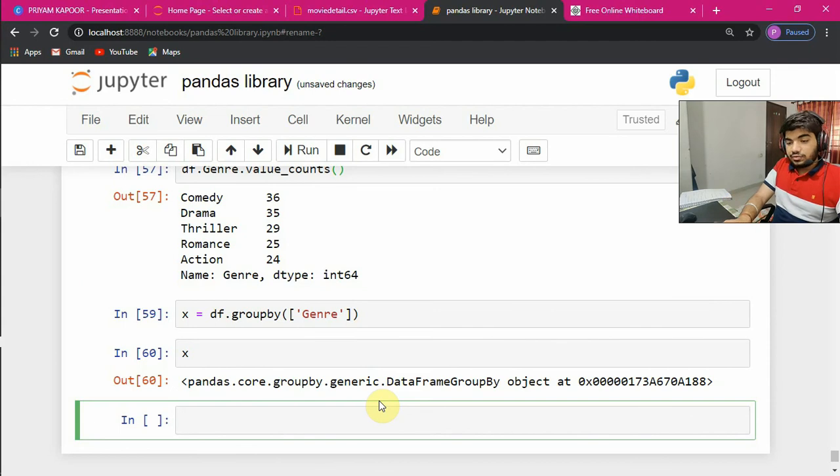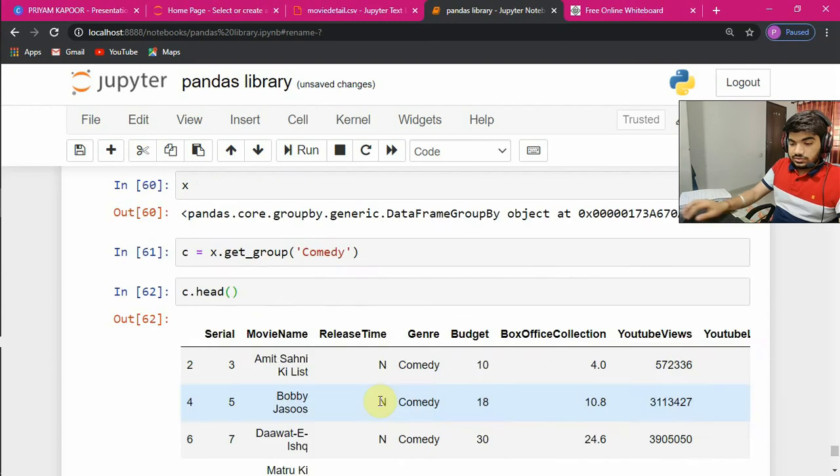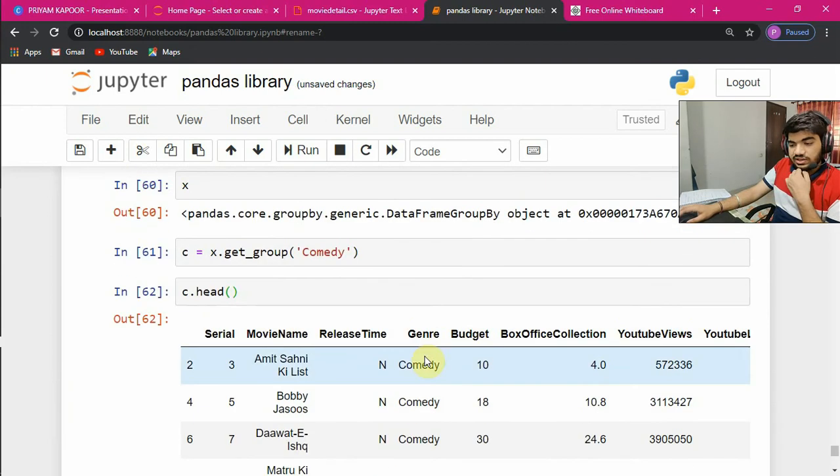Let's say I want comedy. So let's say c equals x.get_group. Presumably we are going to have this underscore. And in get_group, I want the group comedy. So when I run c.head, see, I got all the comedy genres.